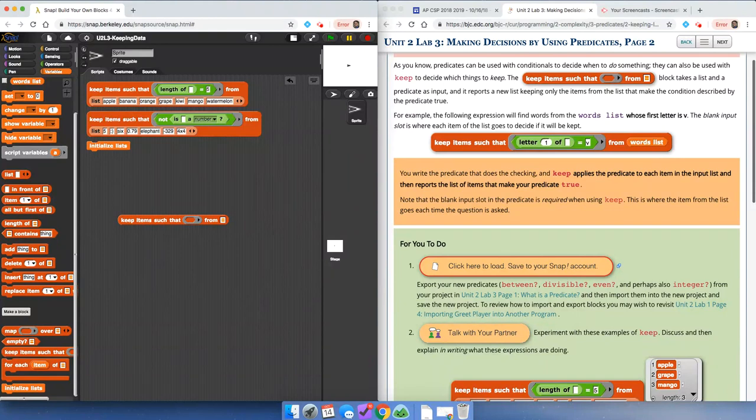If you have additional remaining time, you can work on the If There Is Time blue block to extend your program. You'll need to create an integer predicate first. Make sure you save your program and click Share in the Save menu so you can copy and paste the link from the URL bar